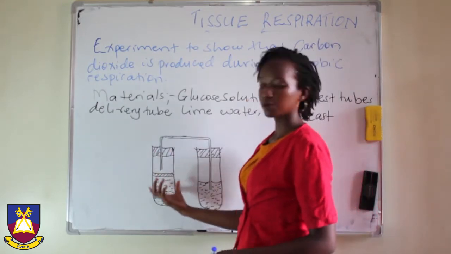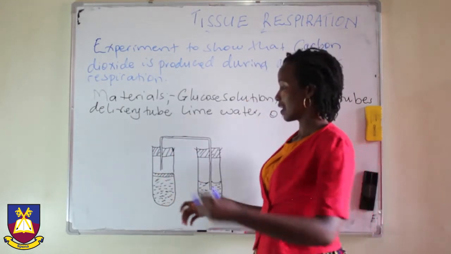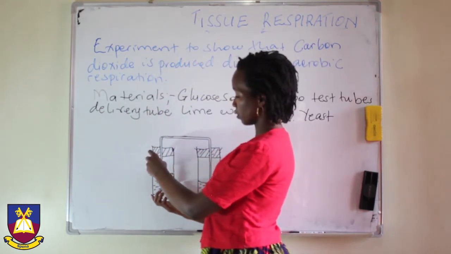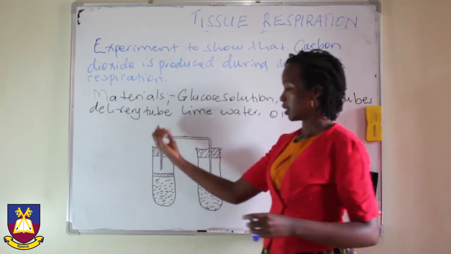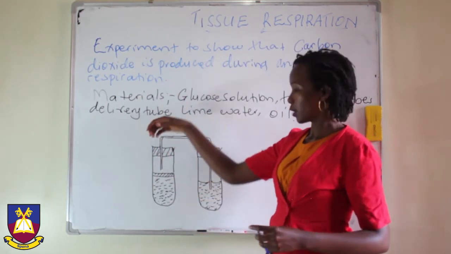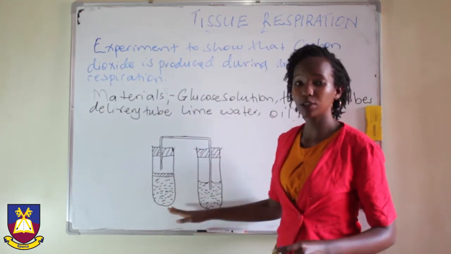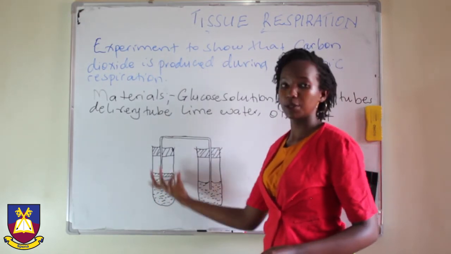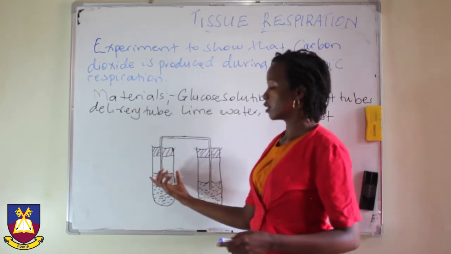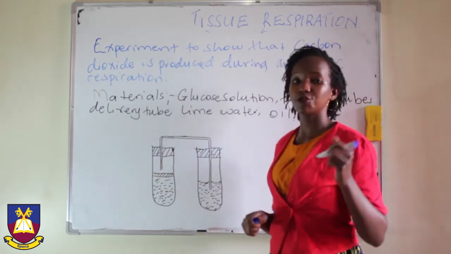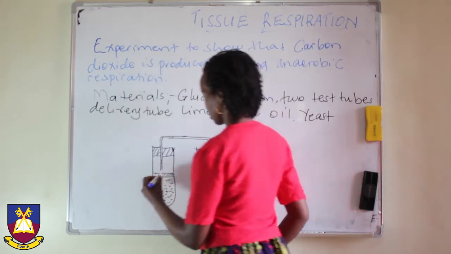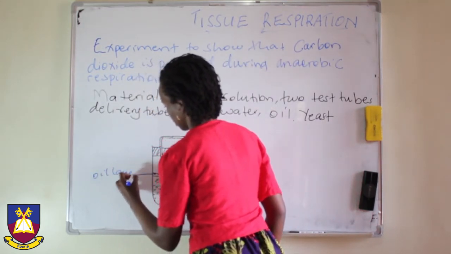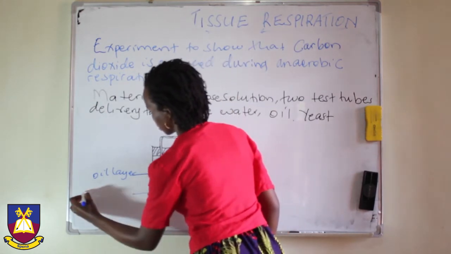So in the first place, we pour oil in this test tube, and then using a dropper or a thistle funnel, we add our boiled glucose solution to the oil. Of course, the solution will come down and the oil will sit on top. The oil will also prevent entry of oxygen, entry of air. So this is our oil layer, and this is our glucose solution,